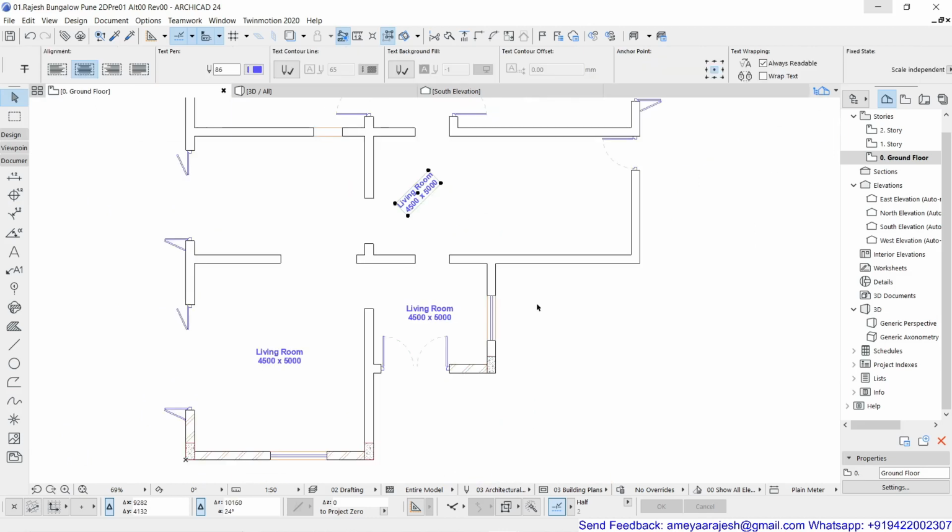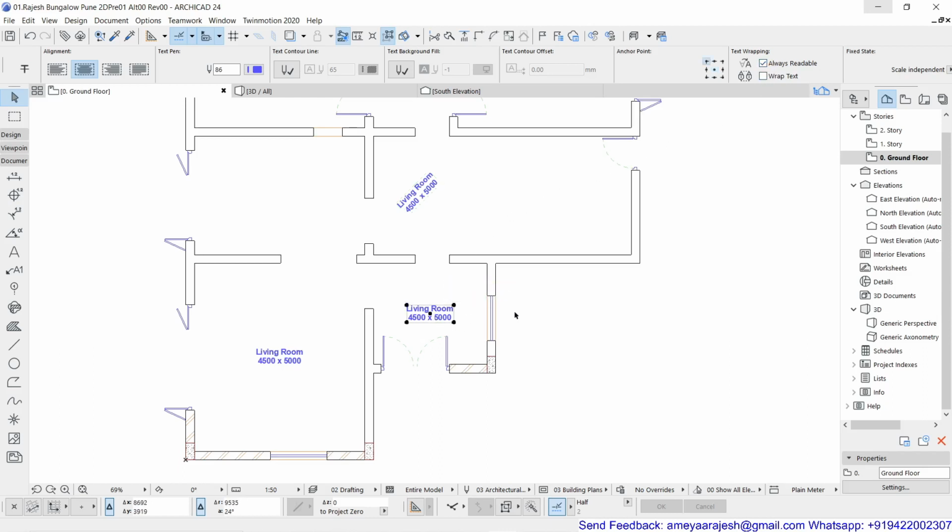There's one more point you have to keep in mind while using this rotate option: whether you want to use this always readable or not, that you have to decide. I will show you a simple example.